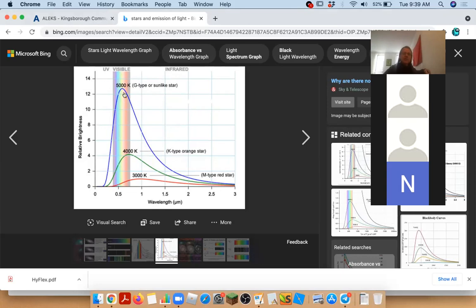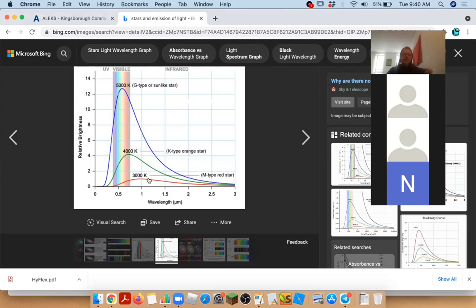Okay. And then over to the right of visible light is what we call infrared radiation or infrared light. So to the right there are different colors that we just can't see. Again, some animals can see infrared, and we can build machines that can see those colors, right? So we can build infrared goggles. Those are often referred to as night vision goggles. Those are just seeing in the infrared and converting it to visible light so that we can see it. There's also sensors that can measure ultraviolet. So if you take a look then, each different star, depending on what temperature it's at, is going to have a different color.